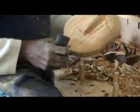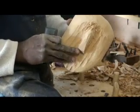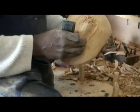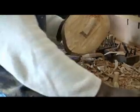Now, just understand that we're basically creating landmarks now. We're not refining the piece, but blocking out the nose, blocking out the eyebrows, and I've used...